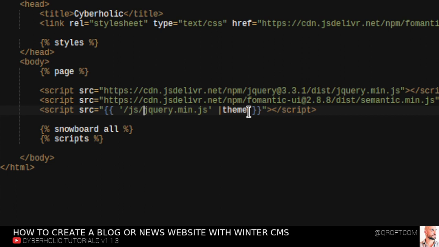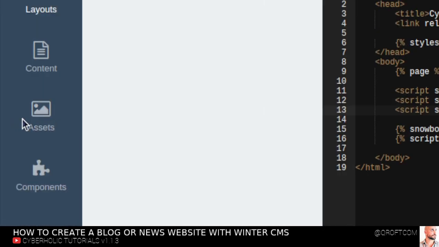So all we need to do is just, let me show you. Let's take the opportunity on how to include your own JavaScript files in there. So for example, you do it like this. I don't know if the leading dash needs to be in there. We will see it in a second. So I'm telling him, go into the assets folder of my theme, and in there is a folder JS, and there is the file Cyberholic.js. So if we go now to assets,